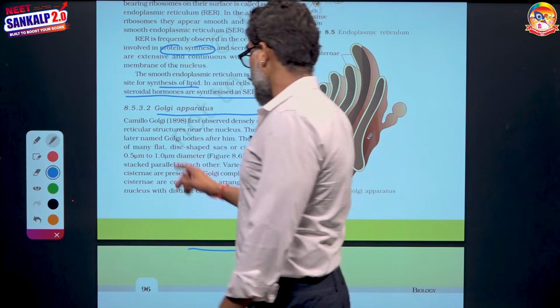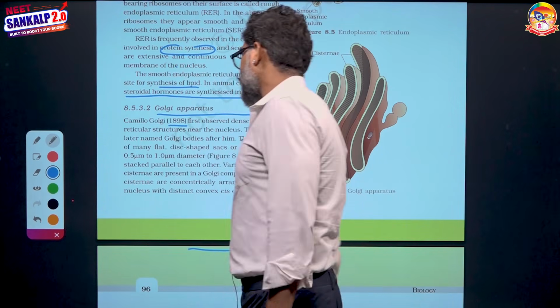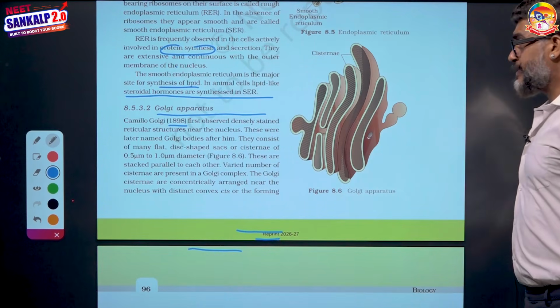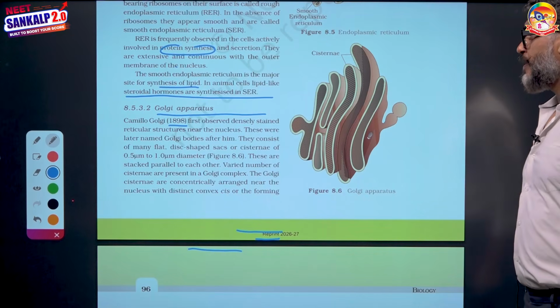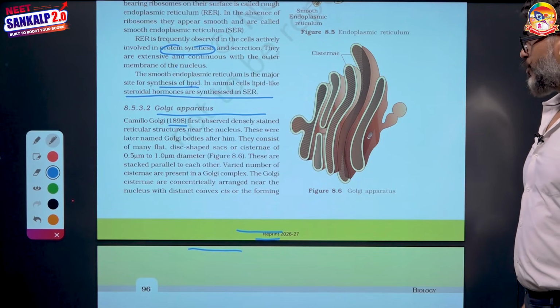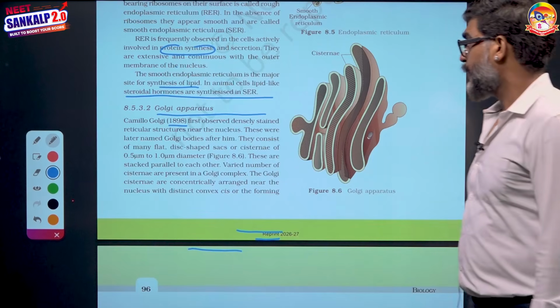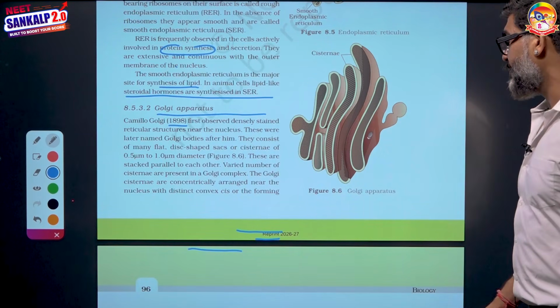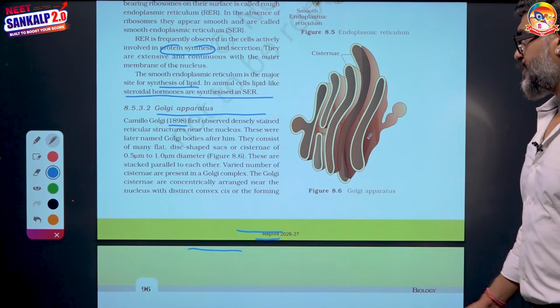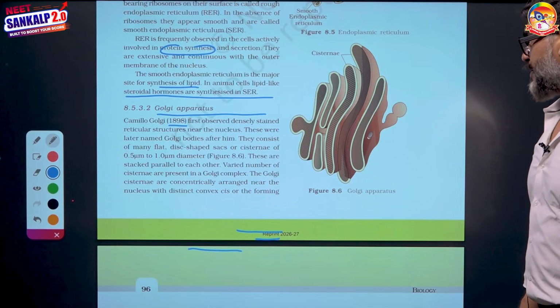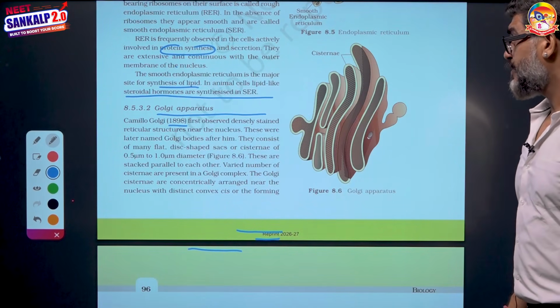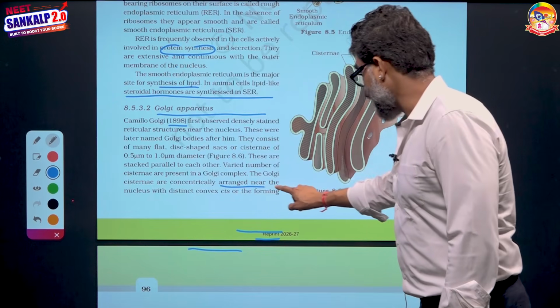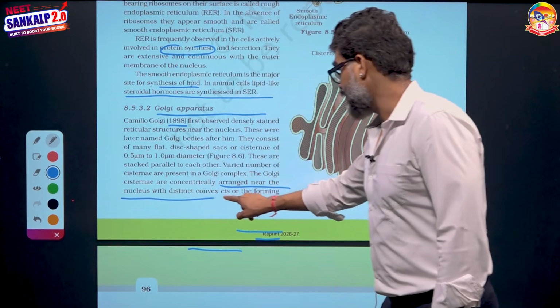Next is the Golgi body. Camillo Golgi, 1898, the year again you have to keep in memory. Densely stained structures, they were later on named the Golgi body after Camillo Golgi. They consist of many flat, disc-like structures as shown in the diagram. A varied number of cisternae are present in the Golgi complex. The Golgi cisternae are concentrically arranged near the nucleus, always remaining near the nucleus,